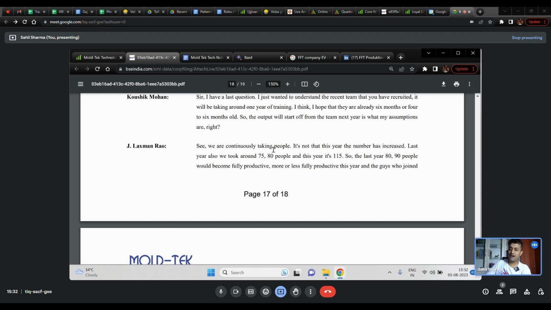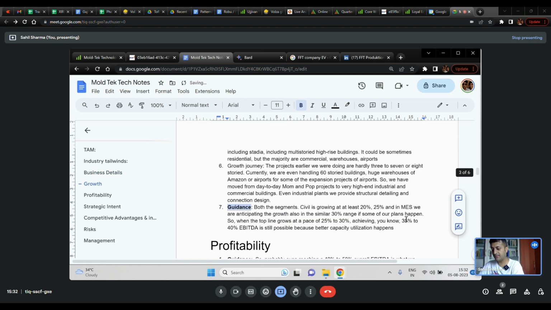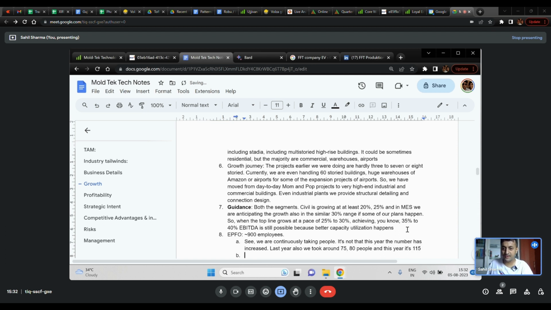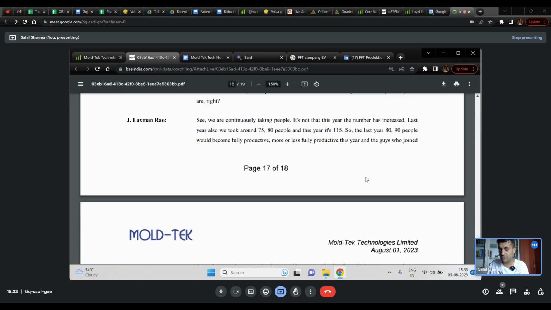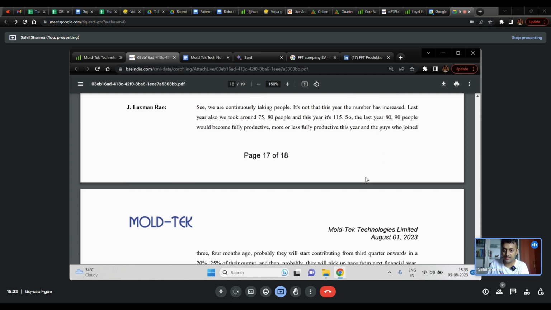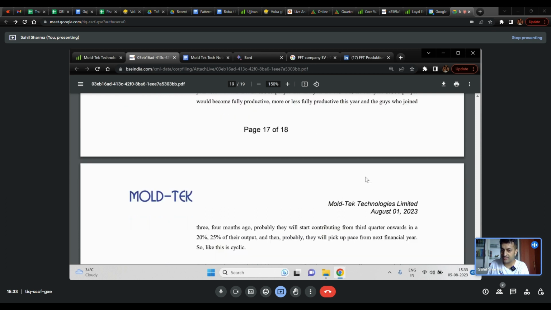Yeah, actually, this question of how many people, I think we should add this in growth. So one thing I want to add is I already checked their EPFO. They have like 900, if I remember correctly, 900 employees, and they took in 115 last year. So all of that is just giving you a rough idea of the pace of hiring. I think this is important to check and monitor from EPFO. But yeah, the exact numbers and things like that don't matter too much. The growth and the curve matter more.